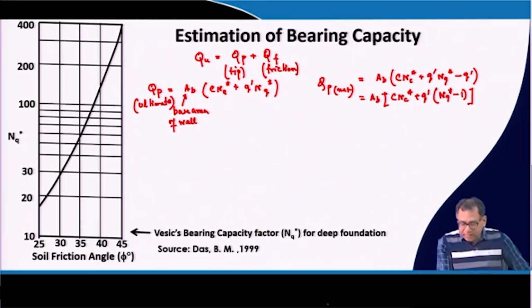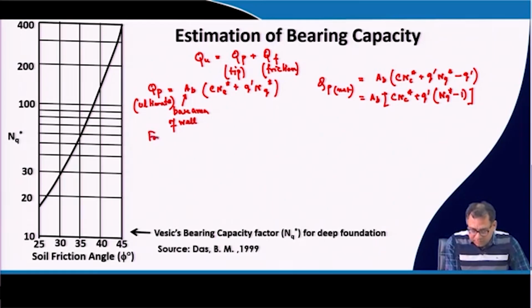Okay. Now, for sand or granular soil, where C is equal to 0, then the QP net will be equal to simply AB Q dash (NQ dash minus 1),